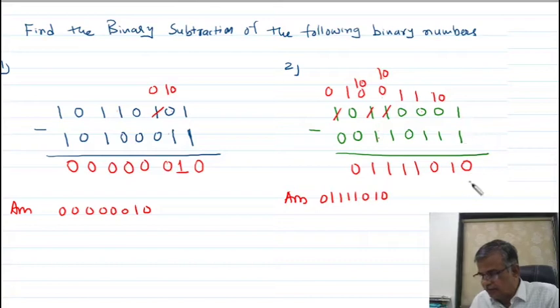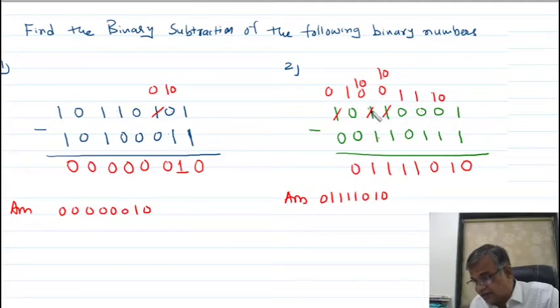Look again here for this problem. 1 minus 1 is 0. Now to subtract 0 minus 1, I cannot take the borrow from this, so I have to go up to this. Once I take the borrow from here, the 0, this should be 1, 1 and 10. This is important. 10 minus 1 is 1. 1 minus 1, 0. 1 minus 0, 1. Now again here 0 is there. 0 minus 1 I cannot do. So I have taken the borrow from this, so 0 and taken the borrow 10. So 10 minus 1 is again 1.